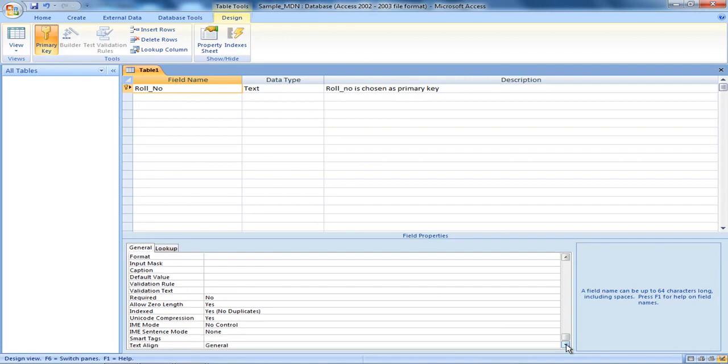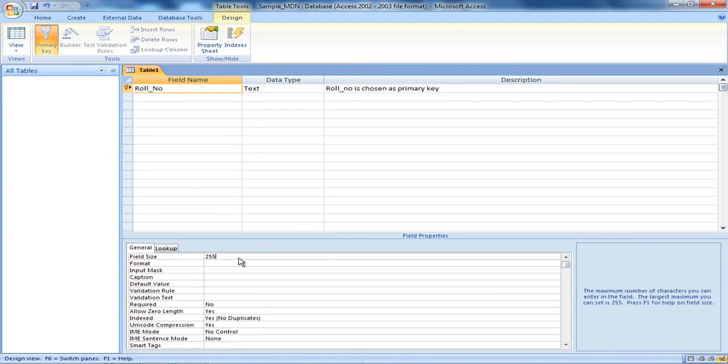Now for the general field type, these are the options. As and when we require each of these attributes, I'll tell you how it works. Right now we will not be using so many options, we do not require them. Now field size. The maximum size of a text field is actually 255. Now remember, I told you traditional approach and a normal data approach, there is a difference. In traditional approach, we cannot limit the size. Whatever is the size, whether it is wasting, unutilized, we have to keep it like that. In database, we can restrict that wastage.